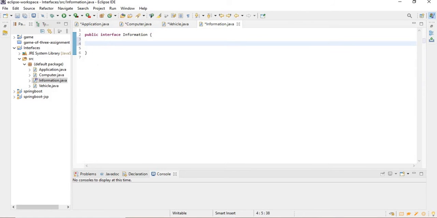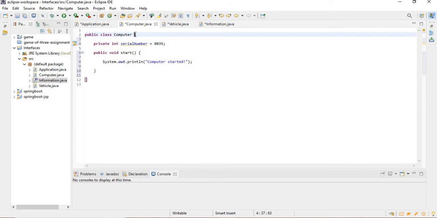In our interface, I'm going to create our method, public void displayInformation. I'm not going to pass any parameters to this method, even though I could. What's more important, I'm not going to add a body to the method, so there won't be any curly braces. So I defined my displayInformation method, and now what I can do with it is go to the